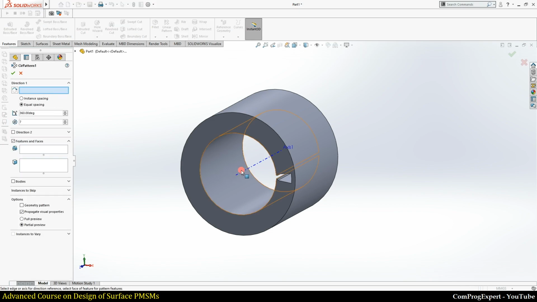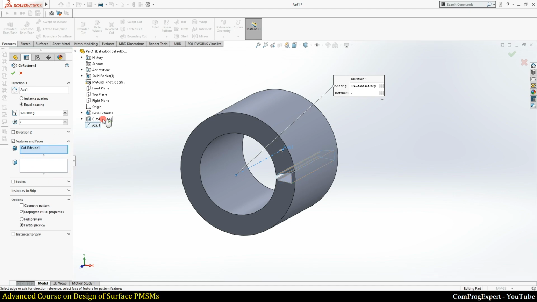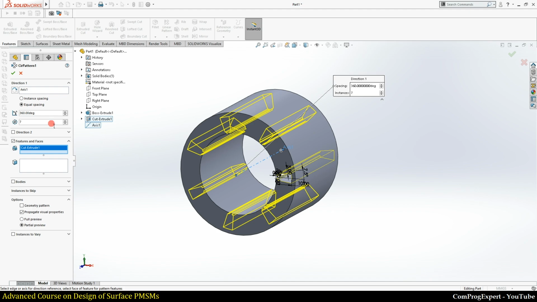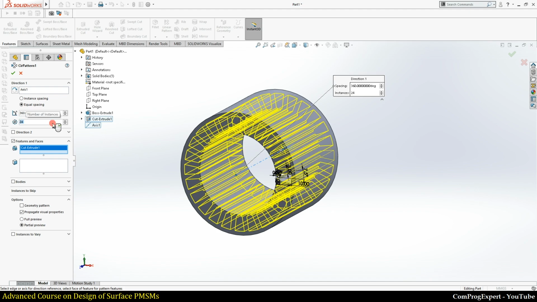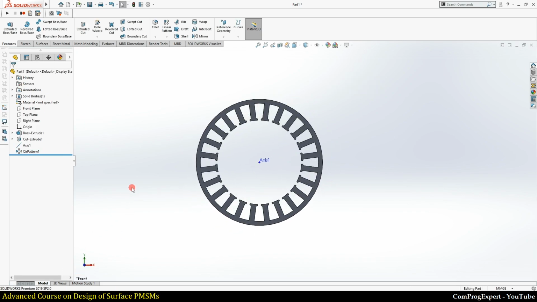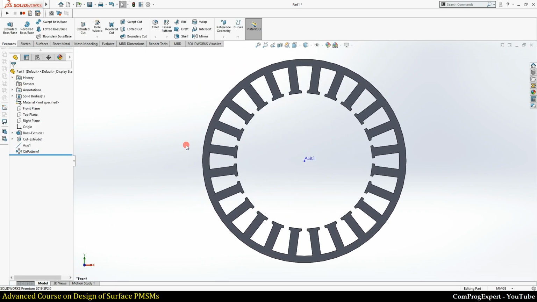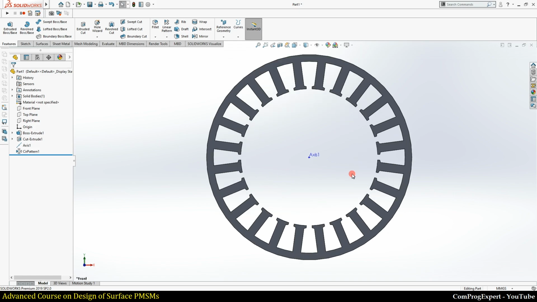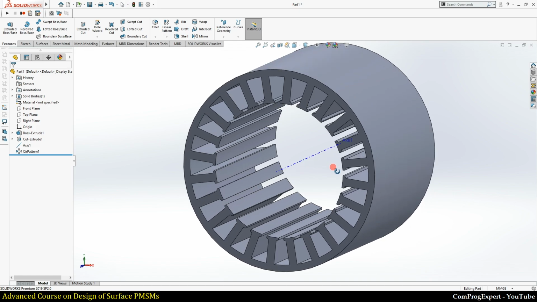I need to select this reference axis, and for the feature I need to select the cut extrude. Total number is 24. Yes. So this is the geometry of the stator core, and dimensions.